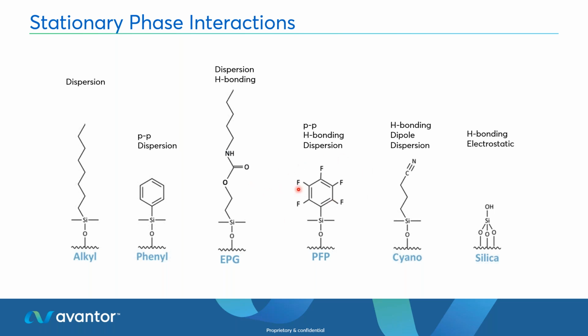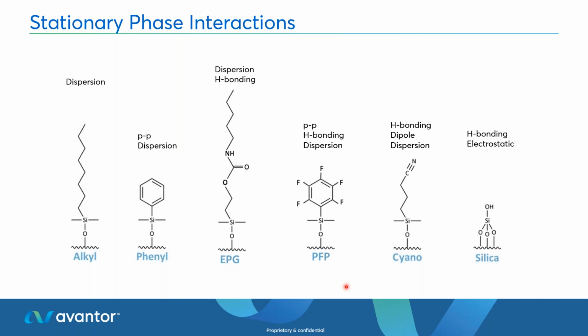The FP phase is very interesting because you've got both pi-pi interactions, you can have some hydrogen bonding, and potentially you can have some hydrophobicity in there too. Here's your strong cyano phase with that strong dipole on the end. And if you've just got a bare silica, or maybe you're working with an older generation type A silica, even with a C18 bonding, you might start to see some additional interactions that come from the silanols on the silica